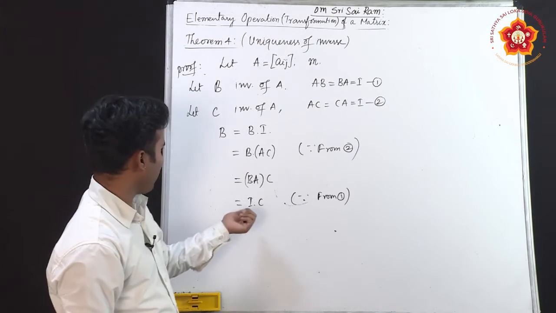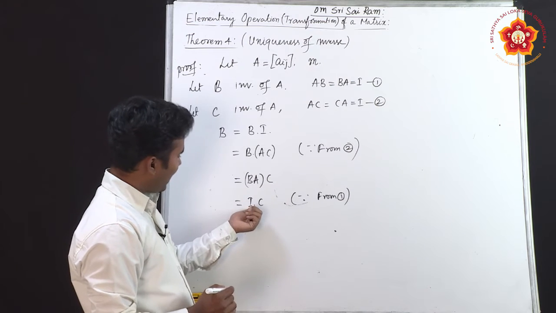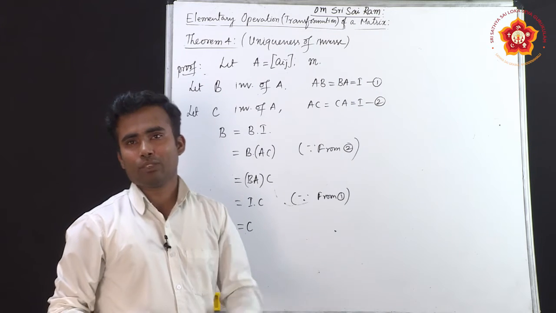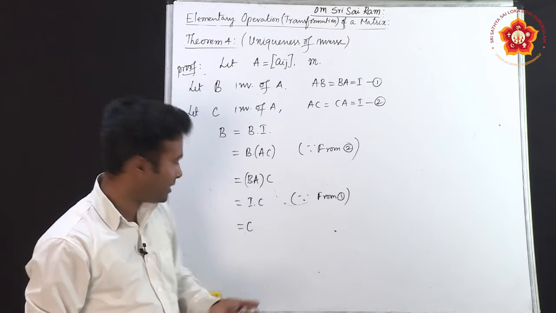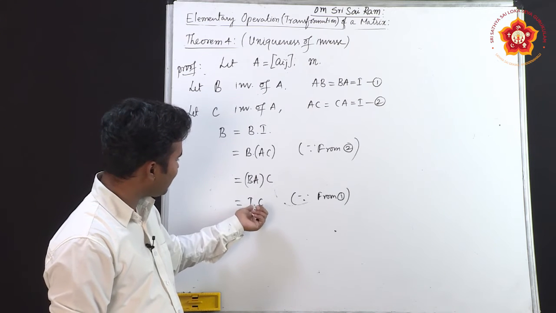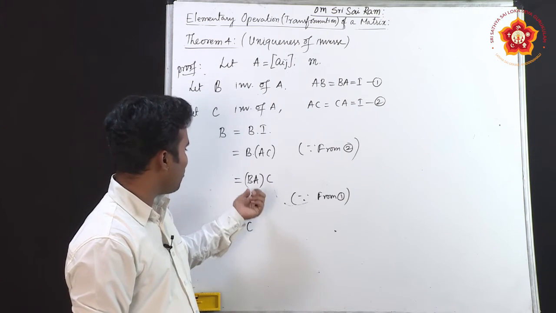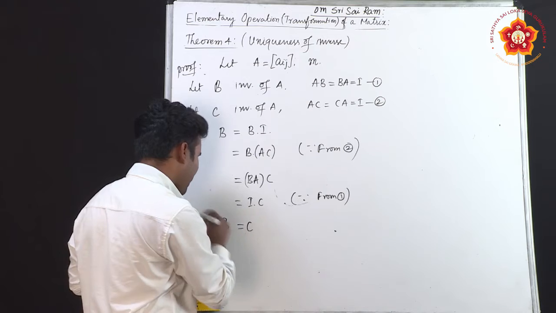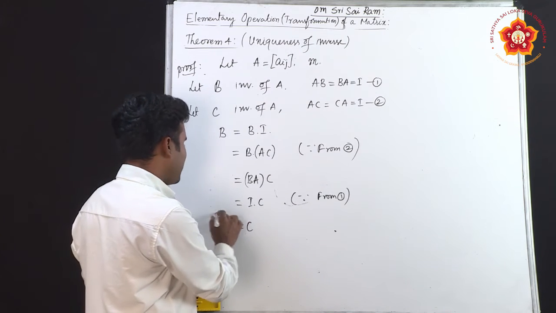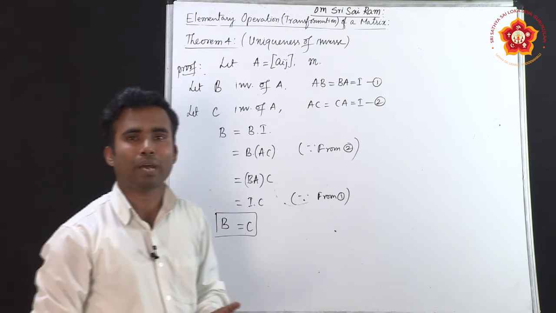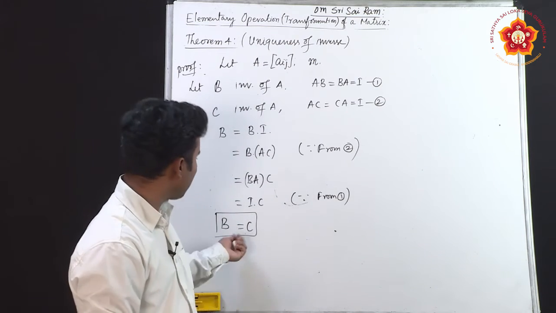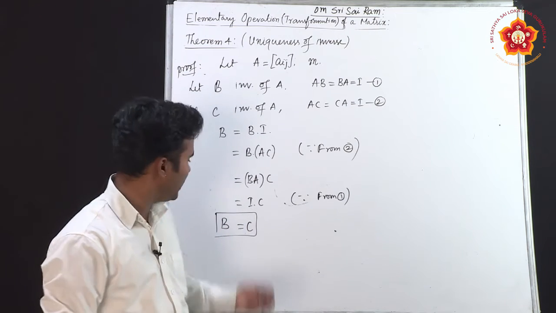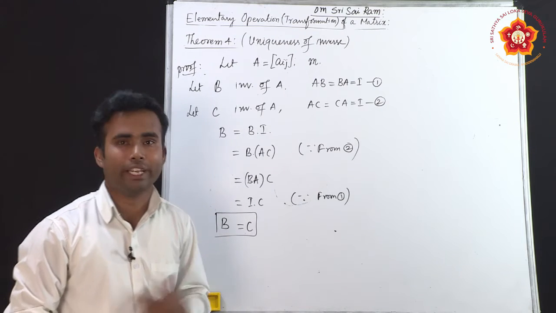If you multiply any matrix with the identity matrix, you will get the same matrix, like in simple terms we can say 3 into 1 is 1 into 3, that is the multiplicative identity. Here I acts as the identity matrix for multiplication of matrices. Then on the LHS we have B, and here we arrive at B is equal to C. That means we have only one inverse matrix for matrix A. Hence we arrive at the contradiction. Hence we showed that B should be equal to C, they are not different matrices, they should be equal. This shows the uniqueness of inverse.